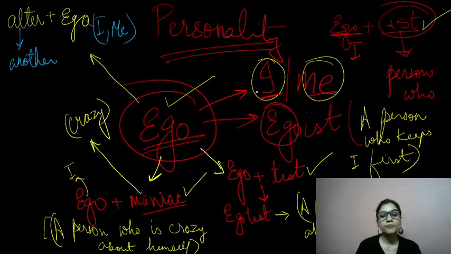Okay, so these are the various personality types we have. The first word root we've discussed is ego, right? So ego refers to I or me, and the words that branch out of this word root are egoist. Egoist is a person who's always concerned about himself, always keeps himself first. Egotist is a person who always boasts about himself, that all this is happening because of me. I am the person who made everything happen to you, like that. Egomaniac is a person who's crazy about himself. He's so much absorbed in himself that he does not think that there can be another person who might be valuable as well. So it's like the entire universe revolves around this person.